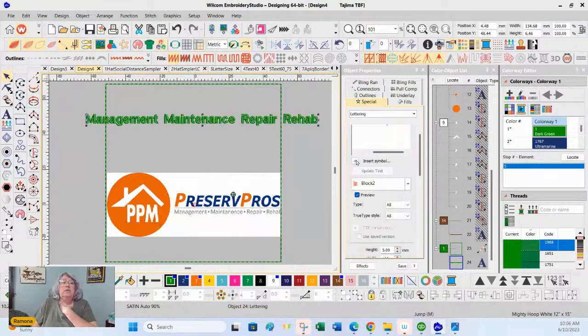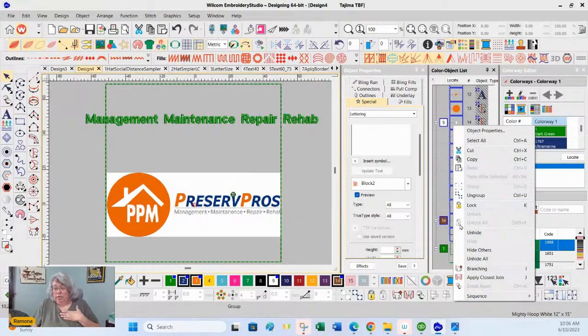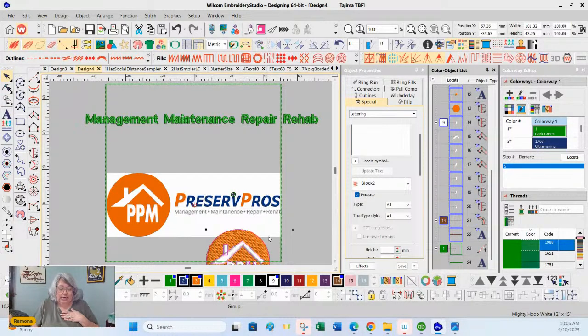Either suggest leaving it off, but if it's an important part of the message, remember, logos are all about sharing our message. If it's about sharing the message, maybe we should consider